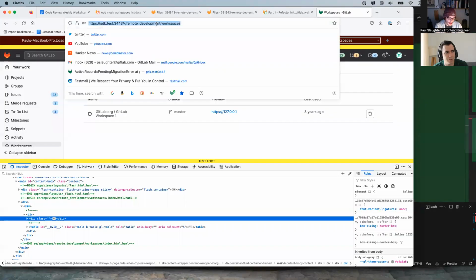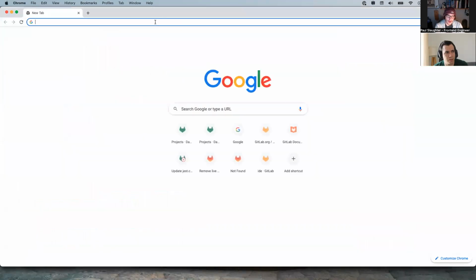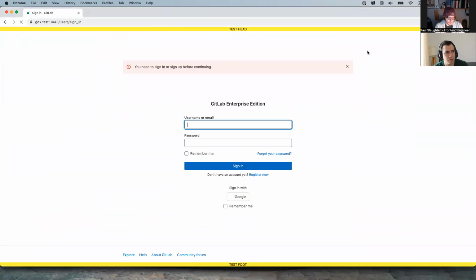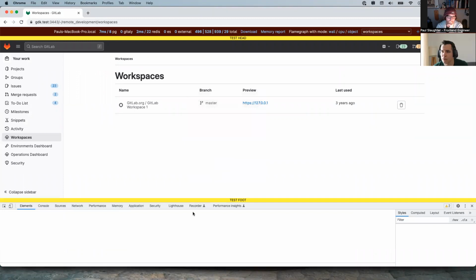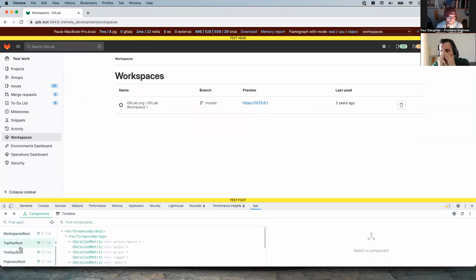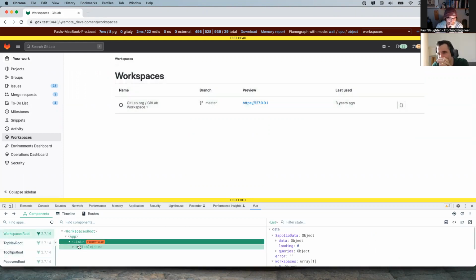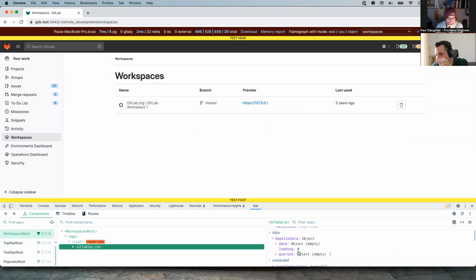Maybe I could do that in the Vue browser thing. Do you think that's possible? It'll probably be painful, I would argue. Updating state in there is not, let's see.